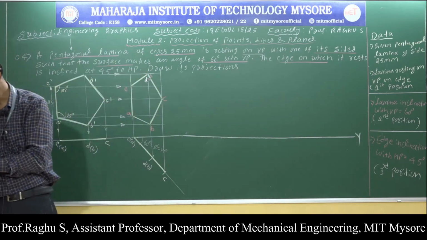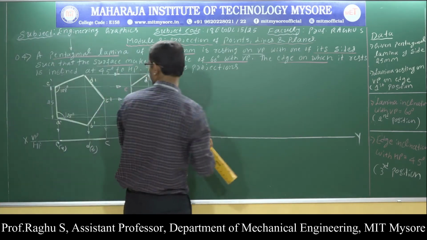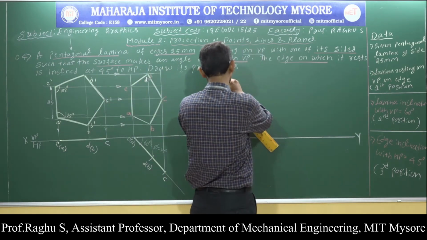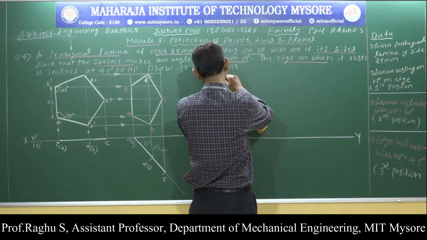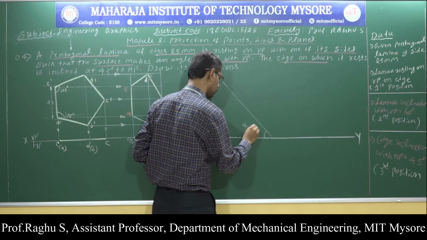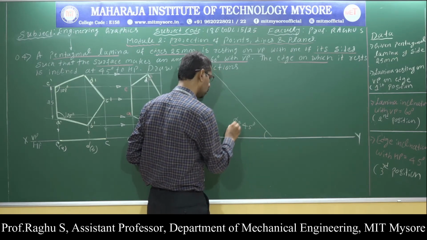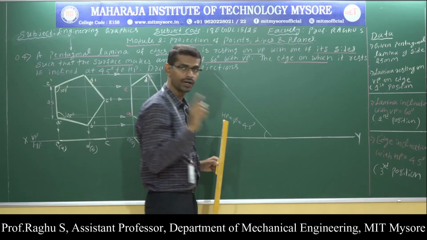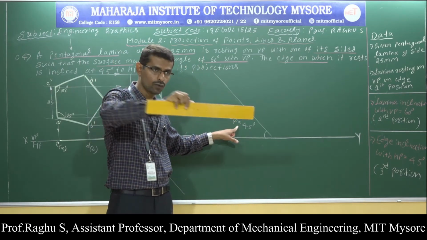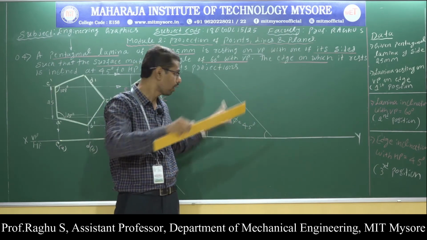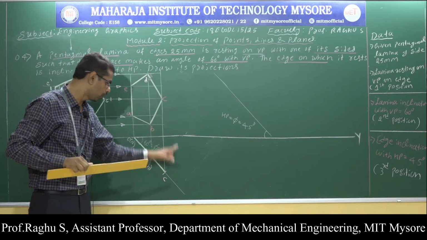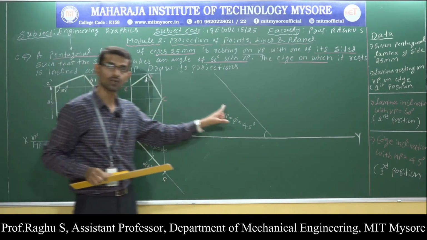Now, how to write the last position? Here draw a 45 degree line, thin line. Theta with respect to HP. Already I told you HP inclinations are visible in the front view, which will be written on VP. So VP inclinations are visible in the top view. Top views are written on HP. Now I am writing the front view.